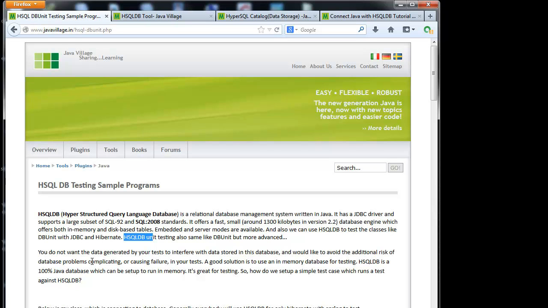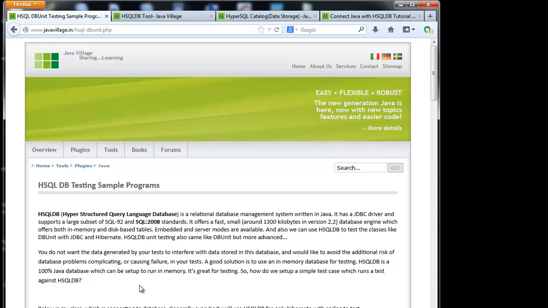You do not want the data generated by your test to interfere with the data stored in this database, and you would like to avoid the additional risk of database problems complicating or causing failures in your test. Yes, using HSQL DB we can cover all this.